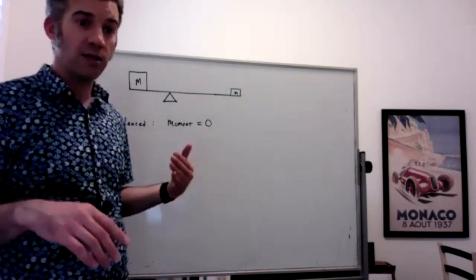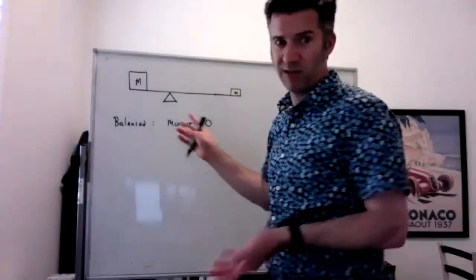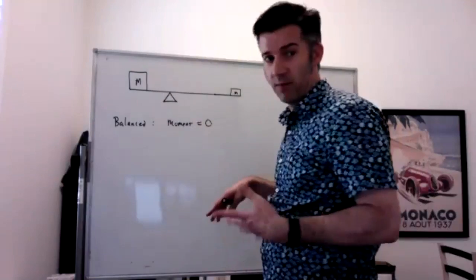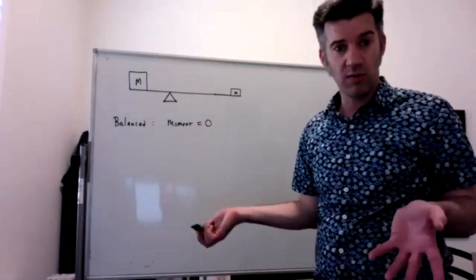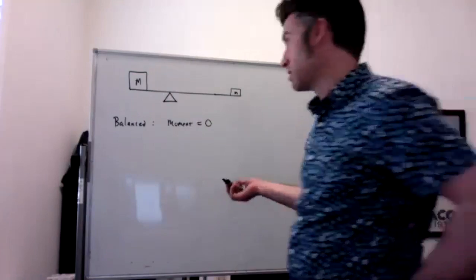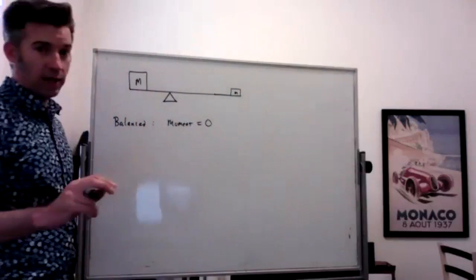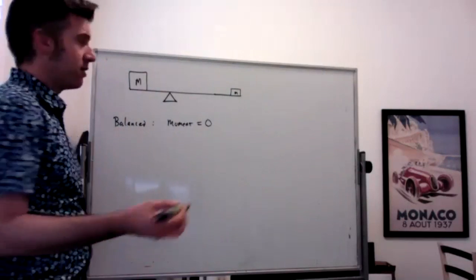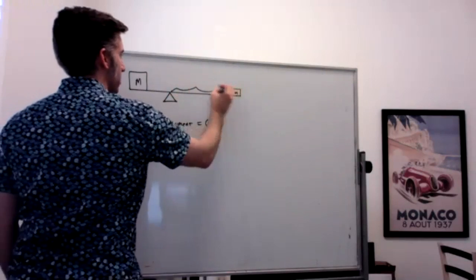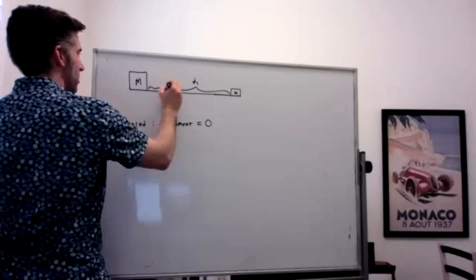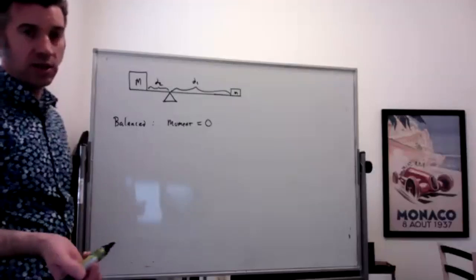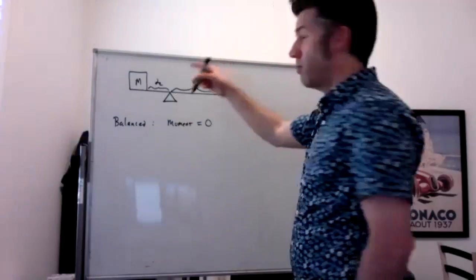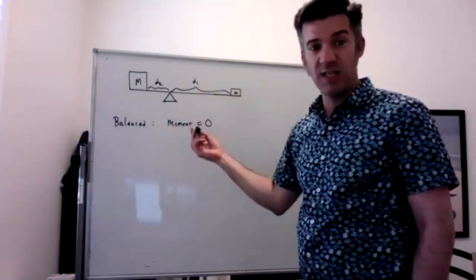If the moment is positive, we think of it as swinging to the right because we think of the right side as the positive side. If the moment is negative, we think of it as swinging to the left. When it's balanced, the moment is 0. And here's what that means. The tendency to swing one way or the other is determined by the distance that something is from the fulcrum. So the overall moment of this system